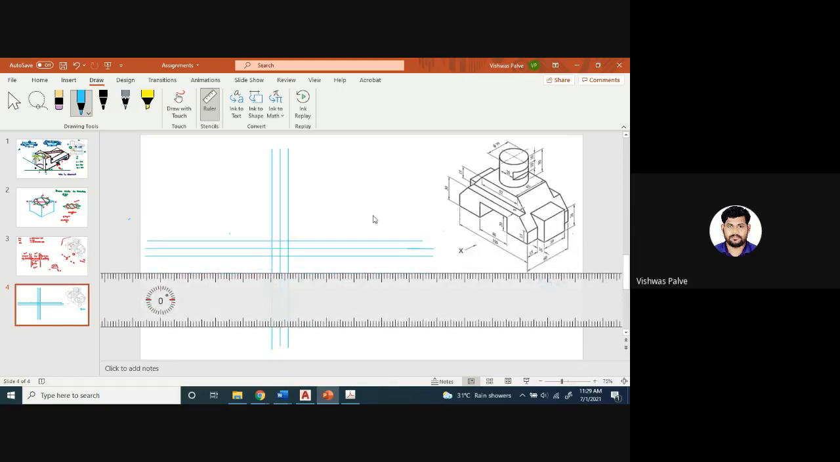Okay, so here we are going to draw the front view, here we are going to draw the top view and side view. So this is the sequence which we are going to follow. Okay, so now while drawing the front view,